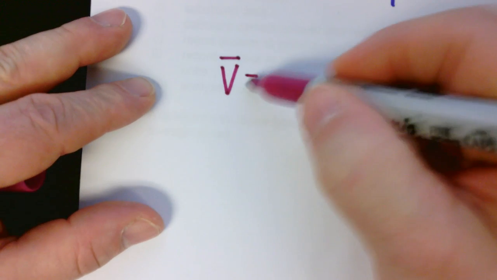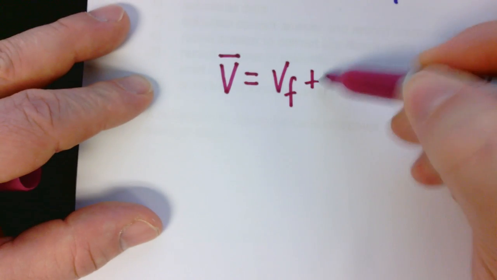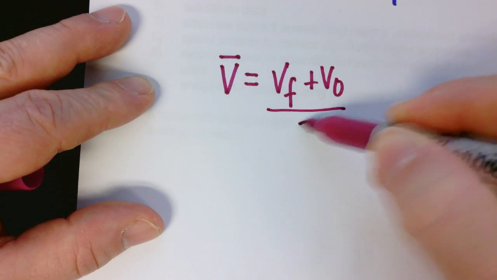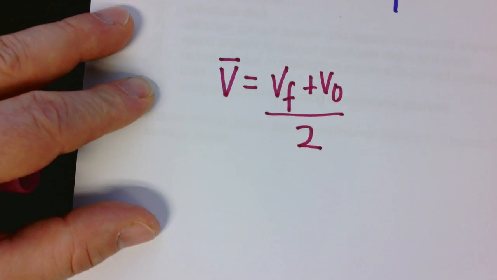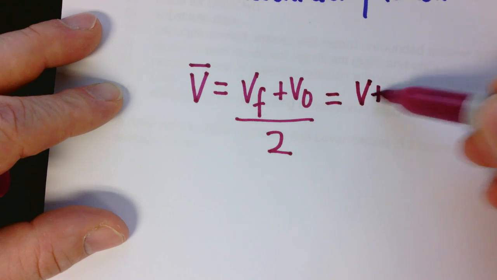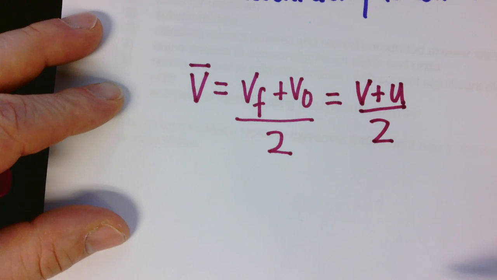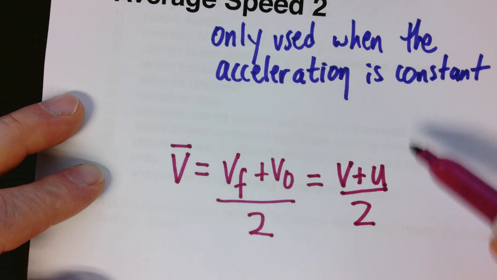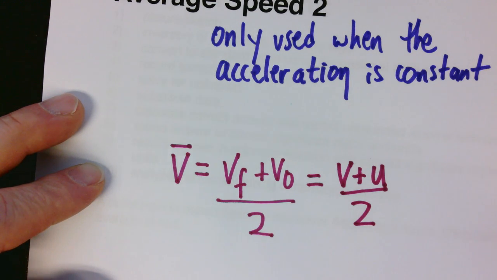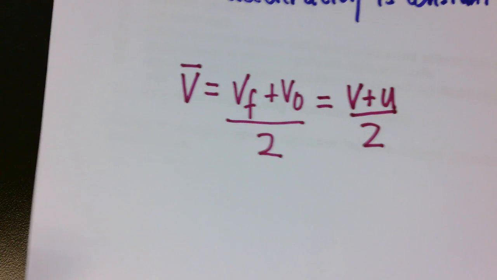This average speed formula is V bar equals Vf plus V0 over 2. We could, of course, also write this as V plus U over 2. But this formula only works when acceleration is constant. Now let's apply